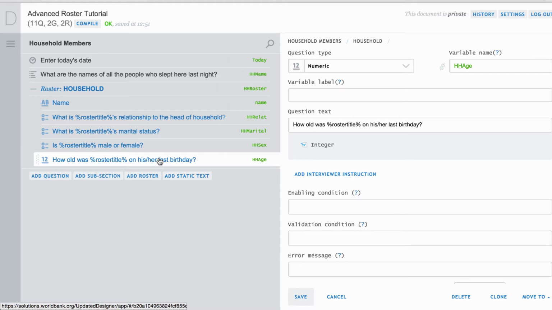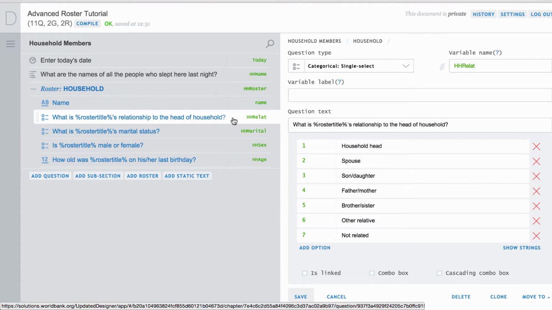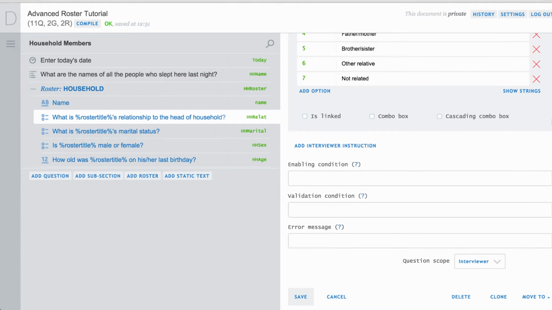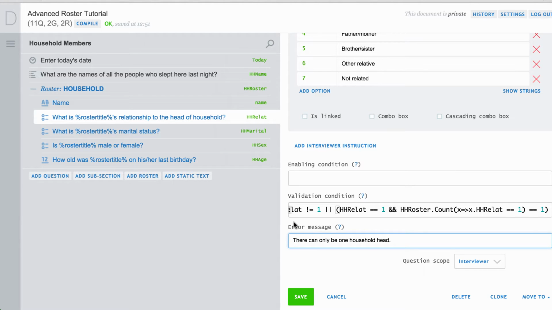Consider the checks that we would want to add to the roster. First, we want to make sure that only one member in the roster is marked as household head. Therefore, we will add the following condition with a corresponding error message to the relation to household head question. This syntax means that the response recorded in relation to household head is true if the answer does not equal household head, when there's one, or in other words, a count of the answer household head in that question's column